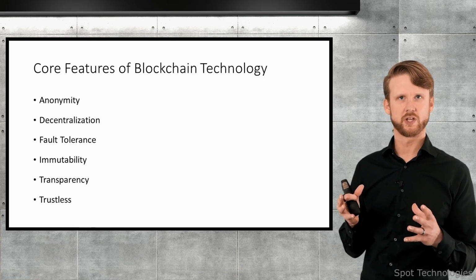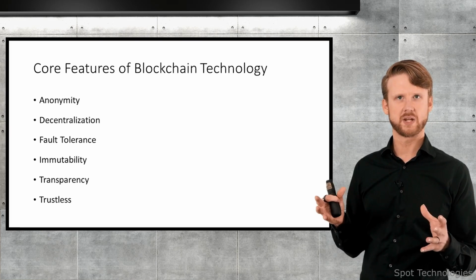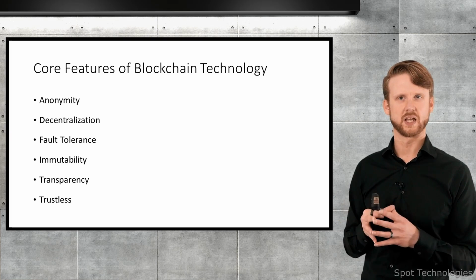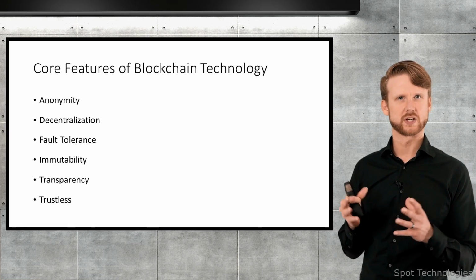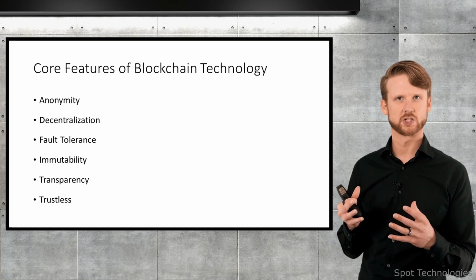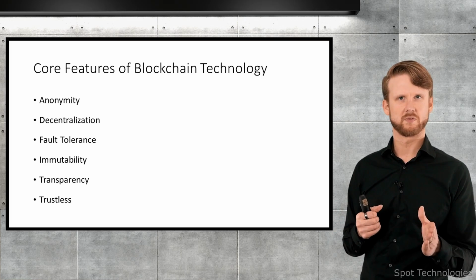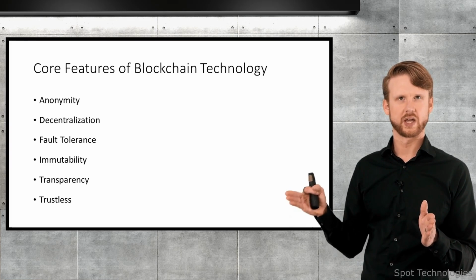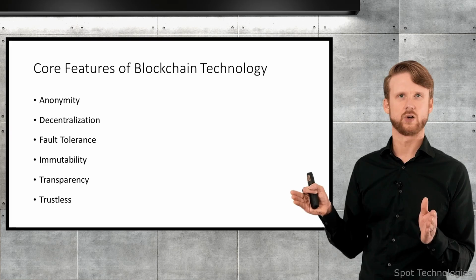And so what this all boils down to is with many, many copies of the ledger and with certain parts of transaction data being visible, there's a level of transparency to the ledger. Everyone knows what's going on in the history of the blockchain. You can start at the Genesis block or the very first block of the blockchain, work through and know the value in every blockchain account and every transaction that any account has performed,